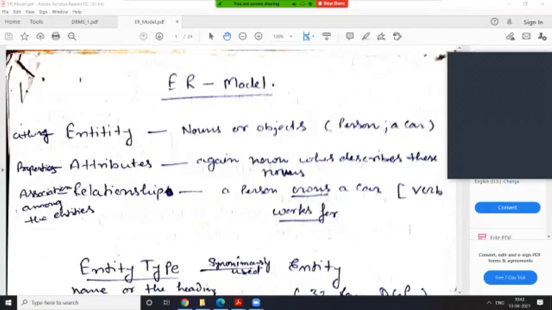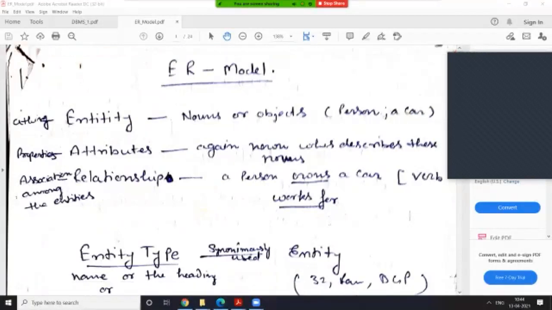As I said, a faculty is described by its name, gender, address or specialization subject. In the same way, a student is identified by its roll number, its semester, and the various subjects he or she has opted. So this is the aim of entities and attributes, and how you are going to identify these entities and attributes.